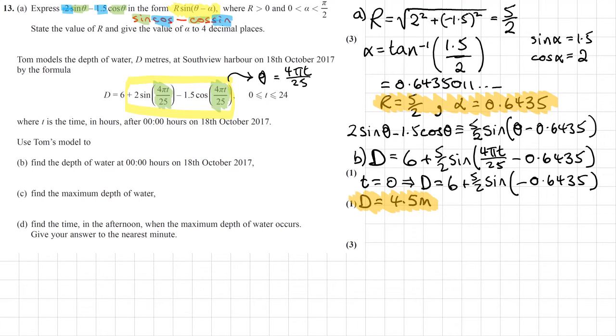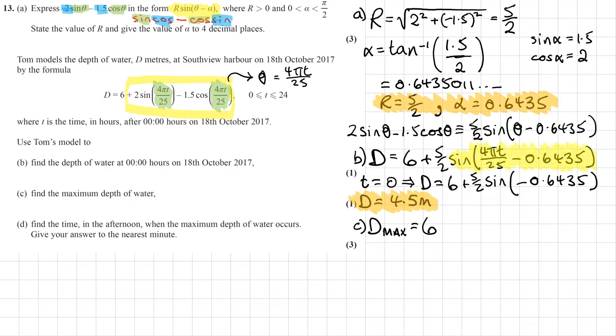Moving on to part C, we need to find the maximum depth of the water. Okay, there's actually not much working in this, so if I write it like this, the maximum depth, well, I've got 6, that's not changing, and then I'm adding something to it. I'm adding 5 over 2 times the sine of something. Now this part here, let's highlight it in a colour in yellow. So all of this part here,